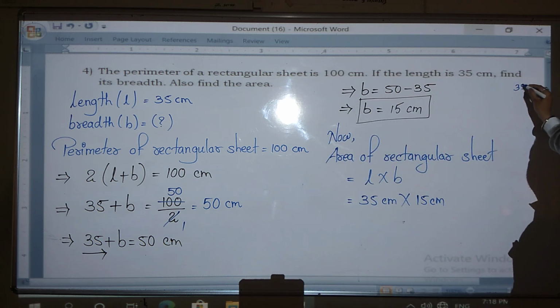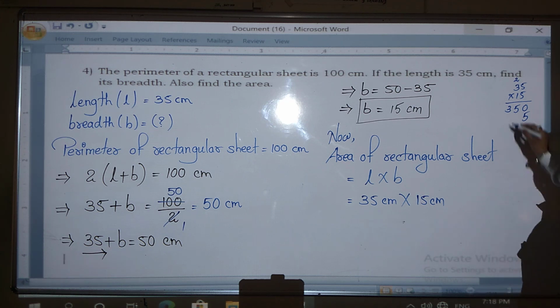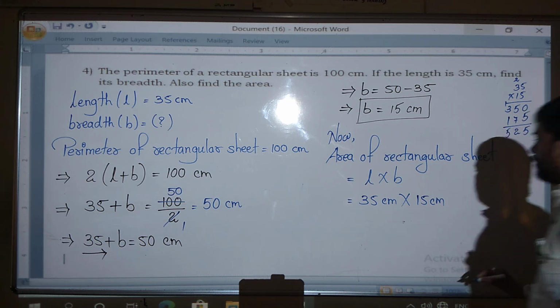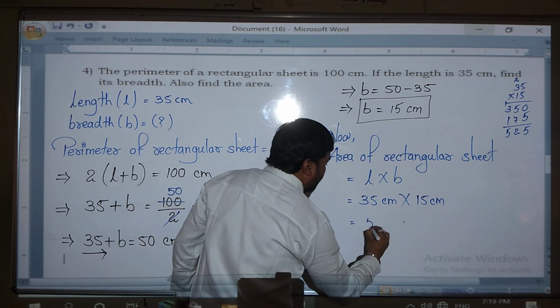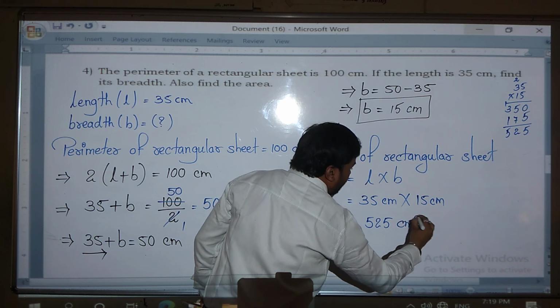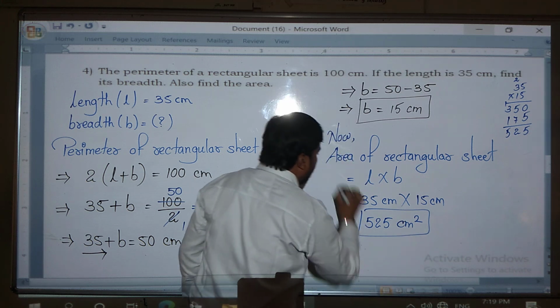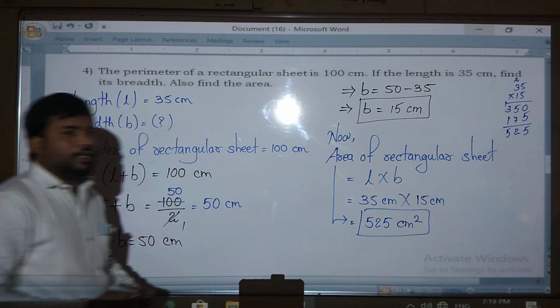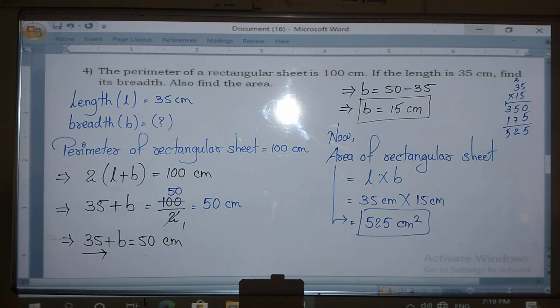So 35 multiplied by 15: 5 5s are 25, 3 5s are 15, 16, 17. So 5, 2, carry on 1, 3, 4, 5. So that will be 525 centimeter square. Right? Are you getting that? સમજ પડી છે? Yes. Fine. So what we have to